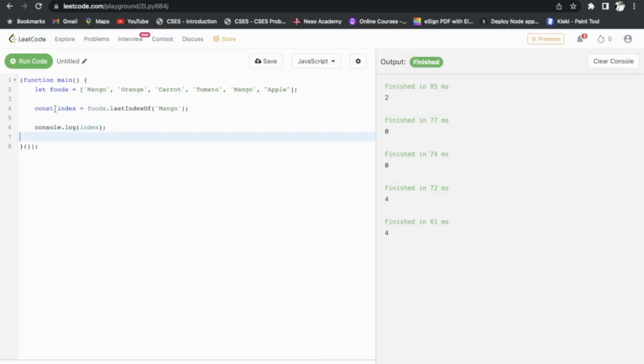So I'll be able to get our index, which is this, and let's see how we can remove this particular mango. And I can go ahead to do food.splice, and where do I want to start? I want to remove at index, and I want to remove one item. So if we do console.log food